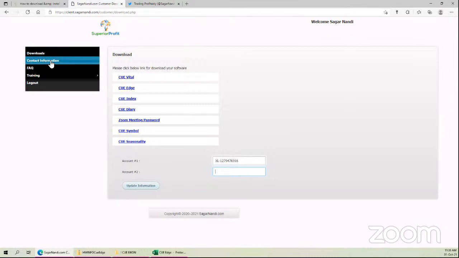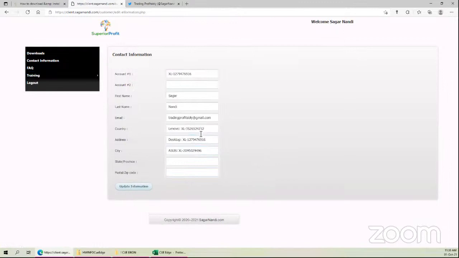And just like in the case of QGlobal, if you go to contact information, we have many text fields. Similar to QGlobal, I have saved all the QH hardware IDs with tags. One for Lenovo, one for desktop, one for Asus. Currently, it is desktop. So whenever you are changing computer, maybe traveling using laptop, maybe Asus laptop,